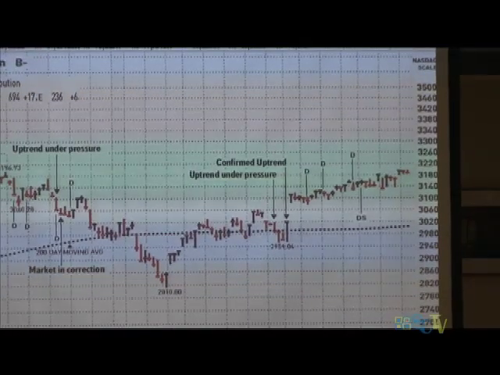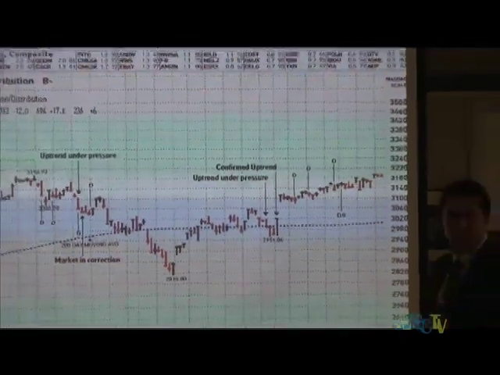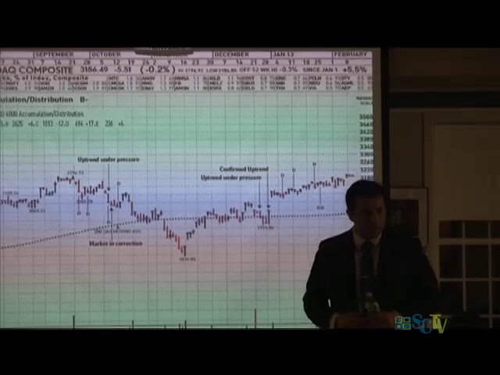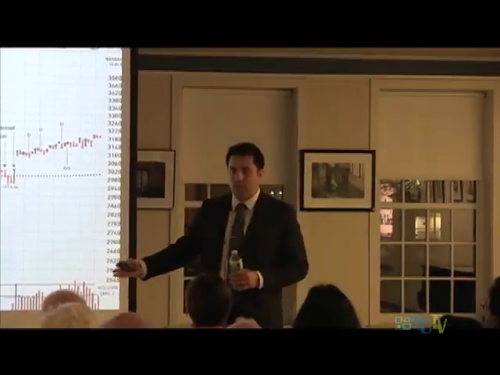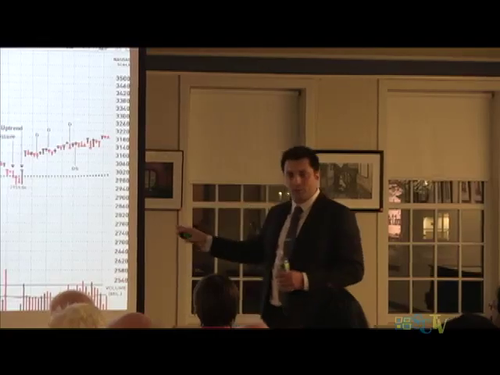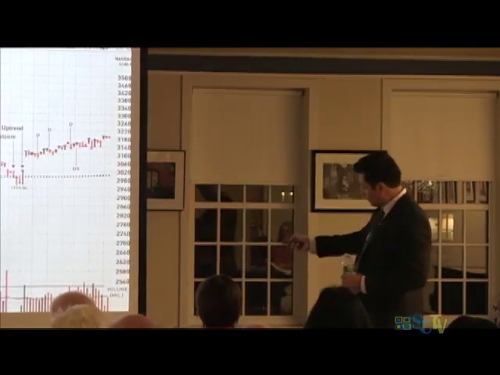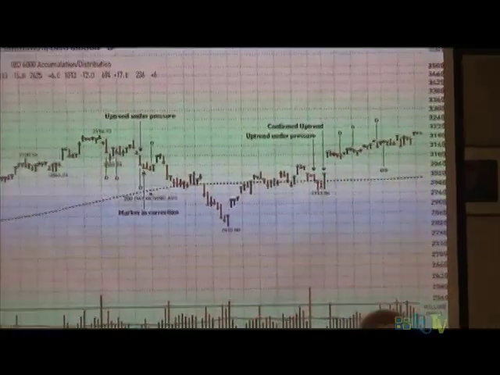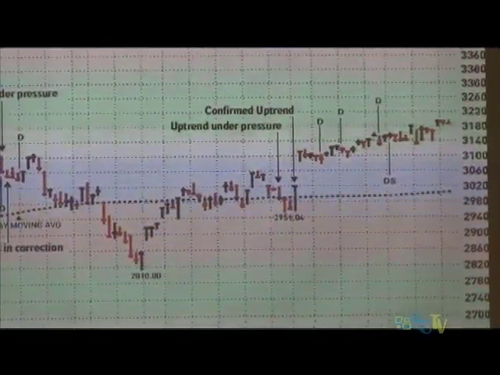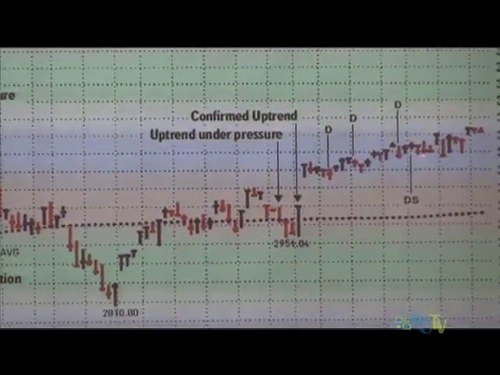what we're not going to do at IBD is argue with the market. If the market's telling us one thing, we're going to do it. We're not going to argue with it. The market's always right, not us. So December 31st, we had a big up day in the market. We are back to a confirmed uptrend, and that's led to this move right here.